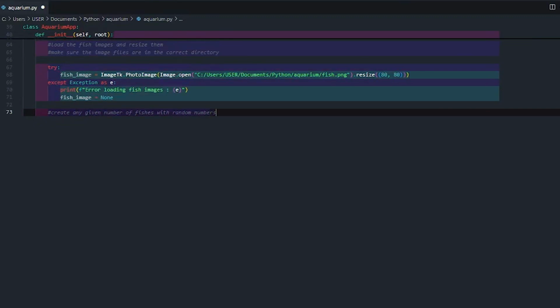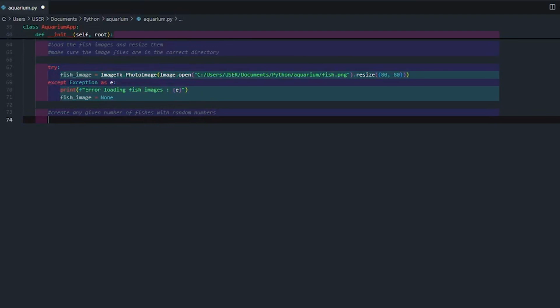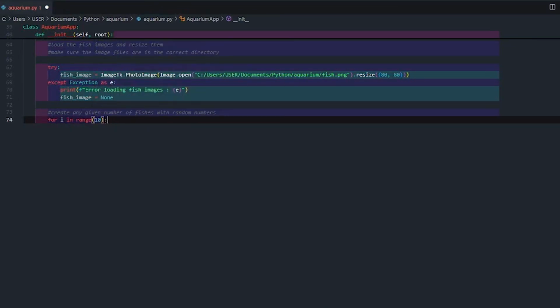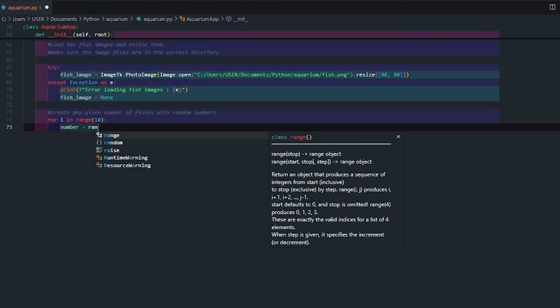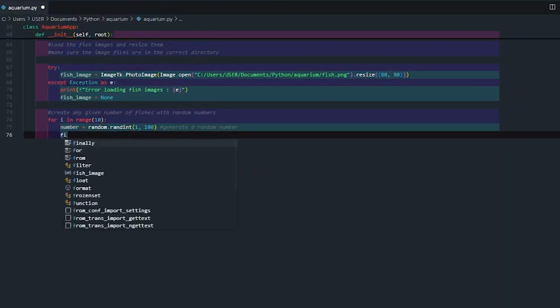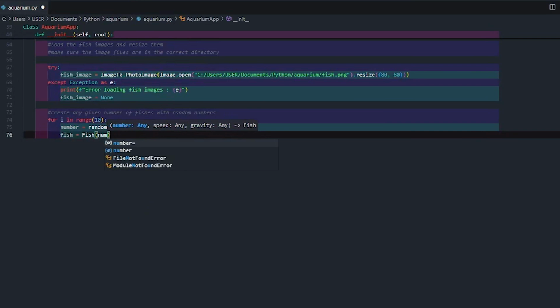Moving on to creating any given number of fishes with random numbers. So the amount of fishes that you can have is not fixed. We can create a for loop that can generate any range of fish that we want. For now, I'm just going to go with 10, with a random integer from 1 to 100. So of these 10 fishes, they can have any random number between 1 and 100, and obviously you can change this